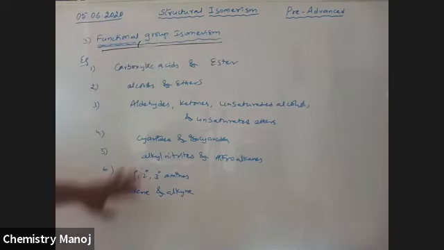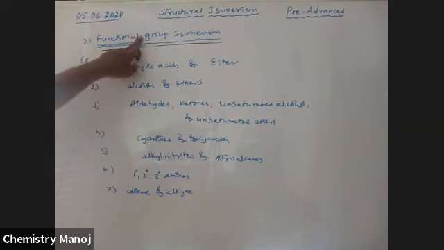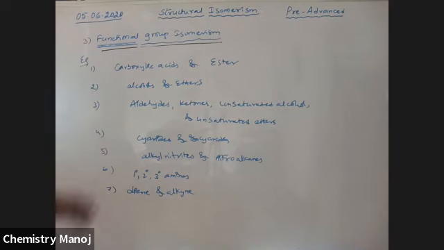So this is finally functional isomerism. What is functional isomerism? Compounds having the same molecular formula but different functional groups. That is why their physical and chemical properties are different. That phenomenon is called functional isomerism, and those compounds are called functional isomers. These are the best examples of functional isomerism. Now I am taking one example.